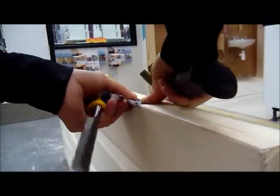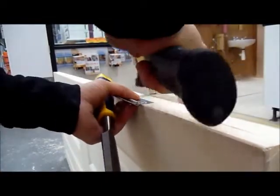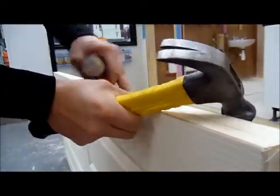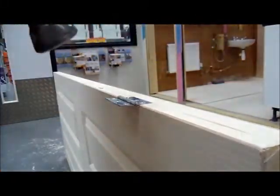Just go there, gentle tap of the hammer, and we're seated perfectly flush there. That is perfect, that's exactly what we want. Okay, so now we can actually proceed to...